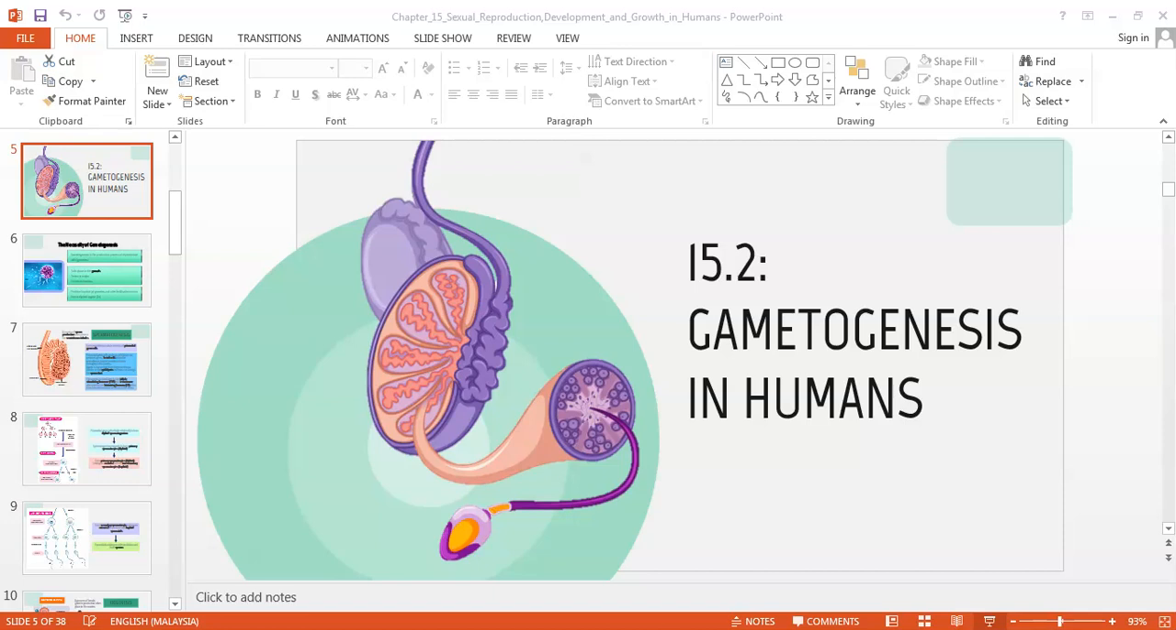Okay, so for today we want to finish 15.2. In 15.2 you will learn about the process of gametogenesis. What is meant by gametogenesis is a process where gametes, sperm and ovum, are produced in humans. As I said before, gametogenesis is the production process of reproductive cells, and takes place in these